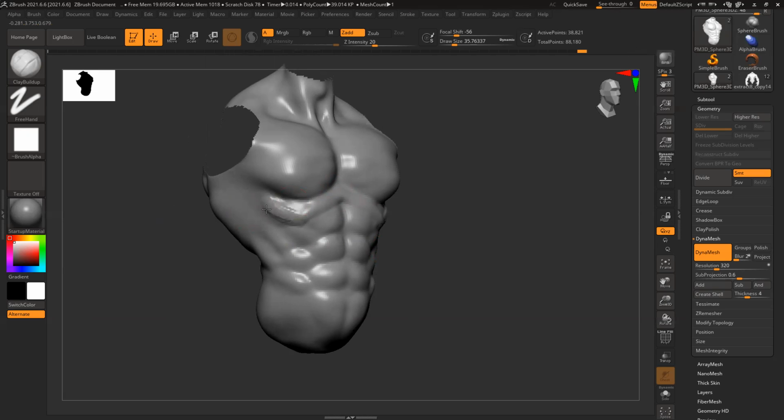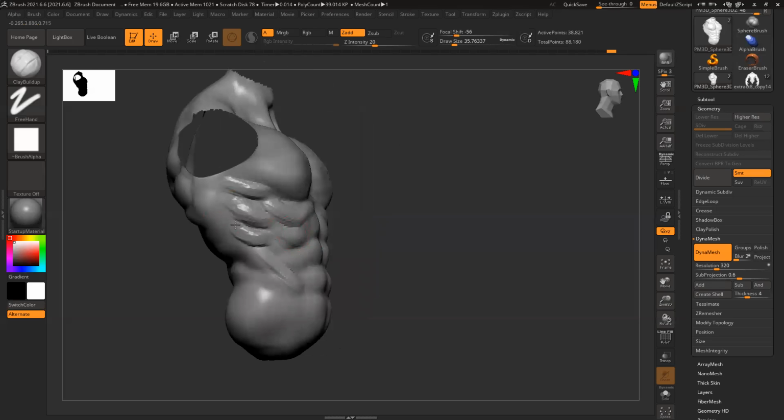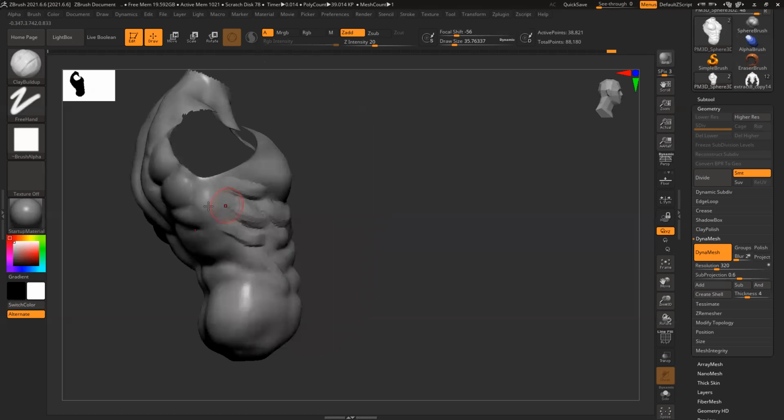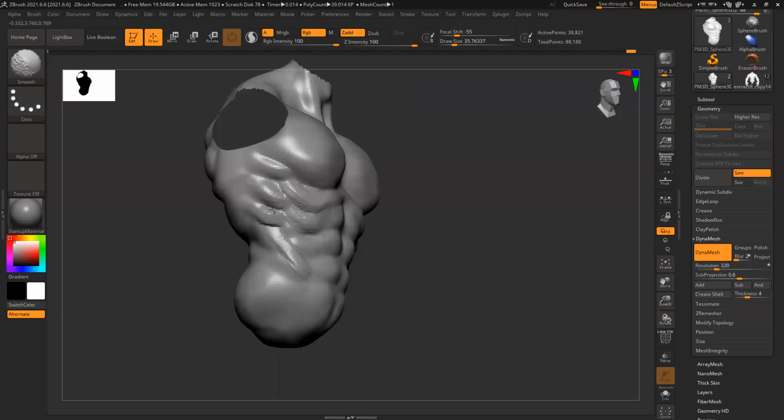So define all the rib cage first, like alternating goes here, here, and here. Then every alternate one in between these two, in between these two. Smooth it, soften it.